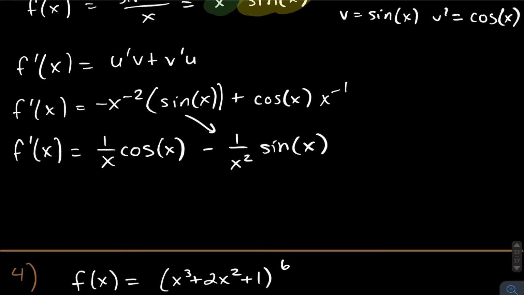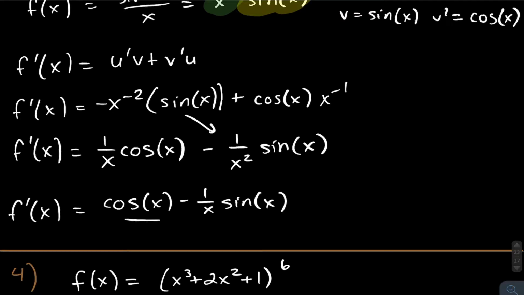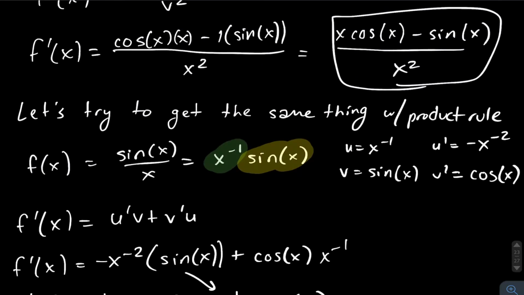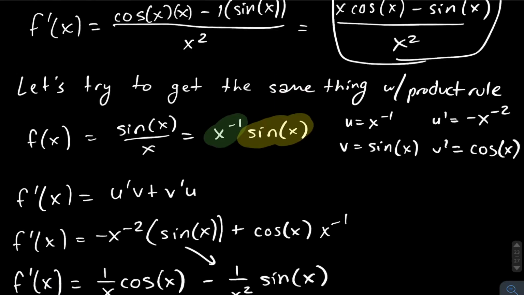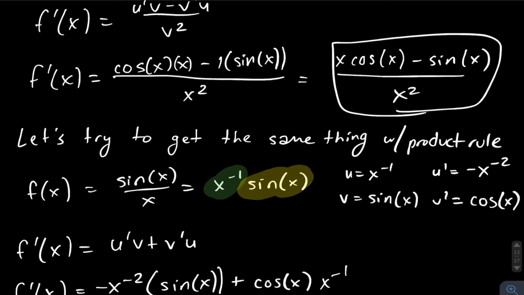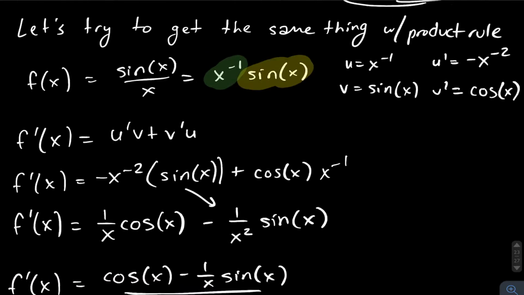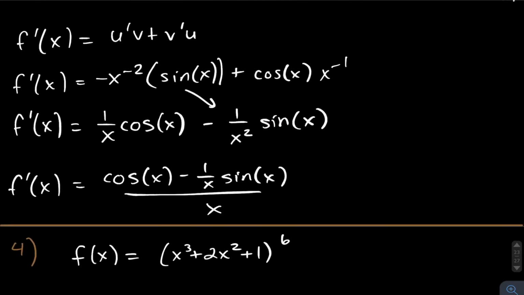Now here's how you can rewrite this. Since there's an x in both of these denominators, you can rewrite it as f prime of x equals cosine of x minus 1 over x sine x, over x. And let's see now how close we are to our regular one. Well, here we have x cosine x, so we only have a cosine x here. And we have a 1 over x sine x rather than a sine x, and we have an x rather than an x squared. If you can spot the difference here,